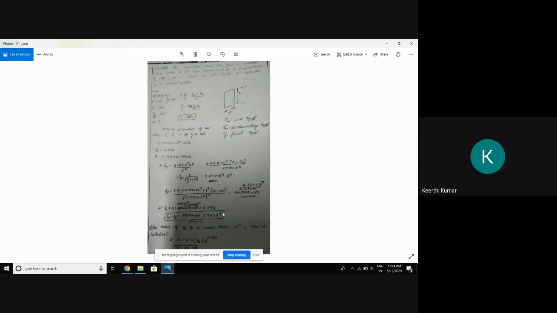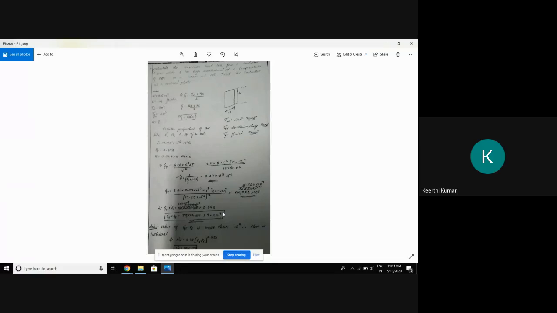If it is less than 10 to the power of 9, we can go with the first sheet, that is table 1.1. If it is still less, that is less than 10 to the power of 4, you just open equation number 1.2, that means table 1.2. Can you see? 1.2. Yes, sir. That formula you should use. That is Nu is equal to 0.68 plus 0.67 into (Gr Pr) to the power of 0.25 divided by 1 plus.